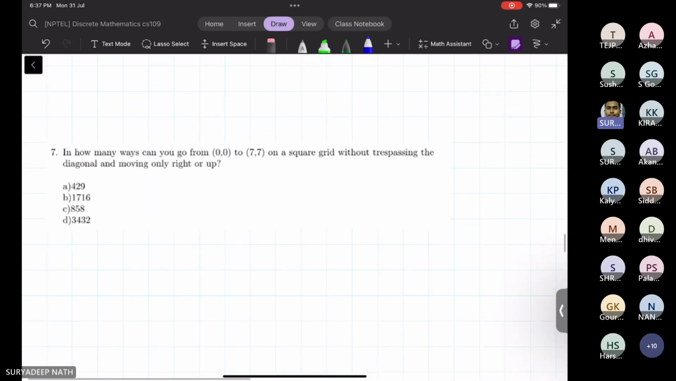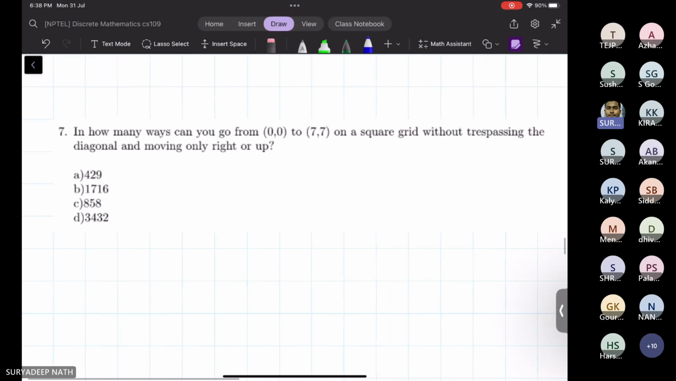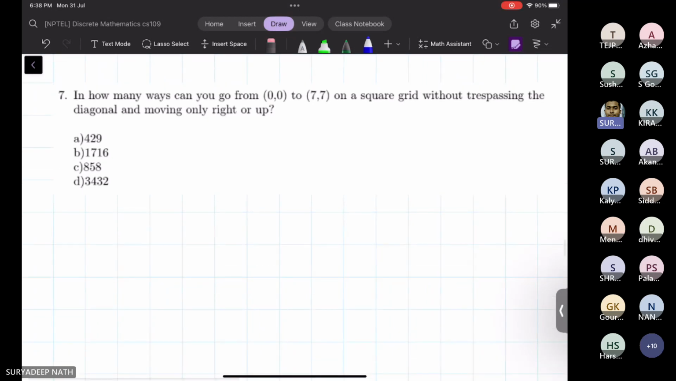Okay, moving on to question number 7. So we have an interesting question: how many ways can you go from 0 0 to 7 7 on a square grid without trespassing the diagonal and moving only up or right? So what this question means,